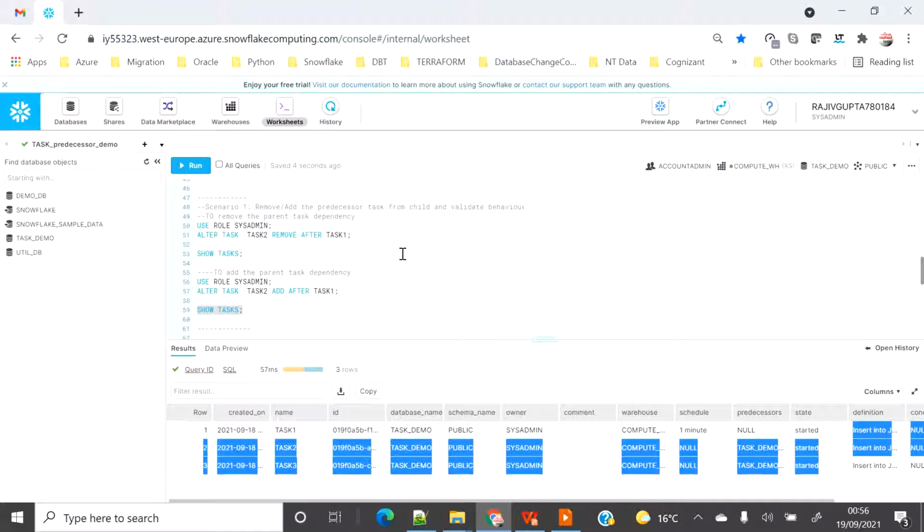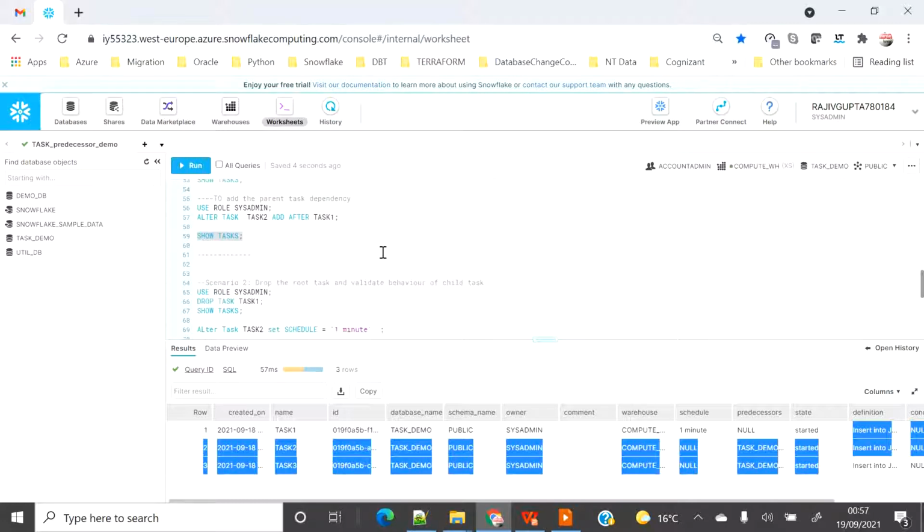But the moment you do that, it will be isolated from the link, and you will not be able to start the child task unless the dependency of after parent task is added, or you add a schedule to that particular task. Now scenario 2 is: what will happen if there is a dependency but we drop the root task? Let's see that.